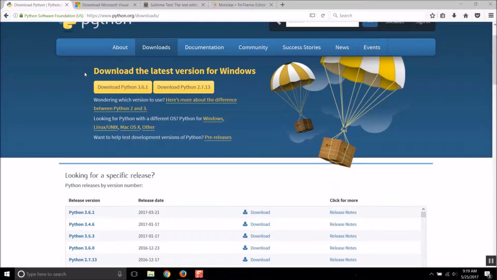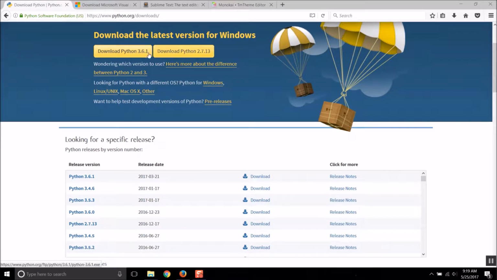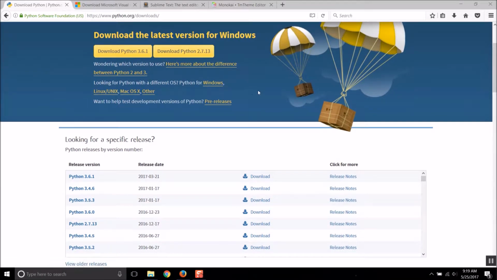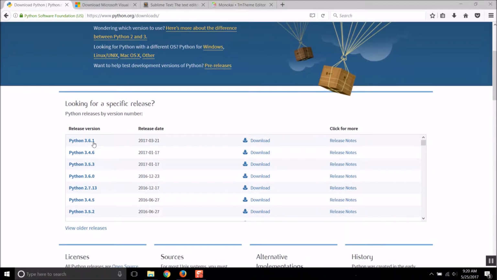So anyway, we have to get Python. You don't want to click these buttons because for whatever reason sometimes it gives you 32-bit Python rather than 64-bit, or at least that's been my experience. So instead of doing that, we're going to go down to the latest 2.7 version. In this case, as of right now, it's Python 2.7.13. I'm going to click that,